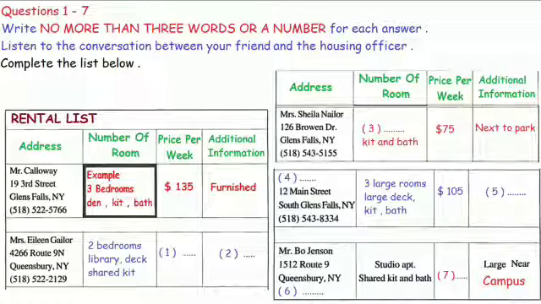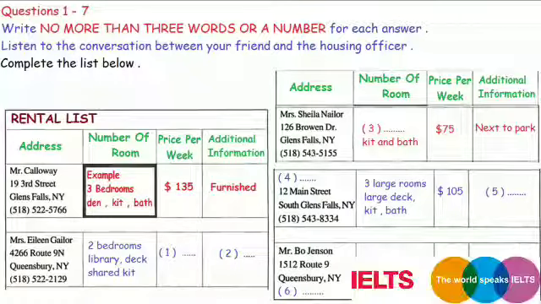Well then, how about this studio apartment rented by Mr. Bo Jensen? How is that one? That ad is actually a bit deceptive. The studio apartment is the whole upper floor of an older house. It's actually very large and, at $45 a week, quite affordable. And it's near campus. I think I'd like to check that one out. Do you have a telephone number that we can call? It's not on the list? Oh, it isn't. Here it is. You should ring area code 518 and then 543 7790. Thanks. I think I'll call on that one first.